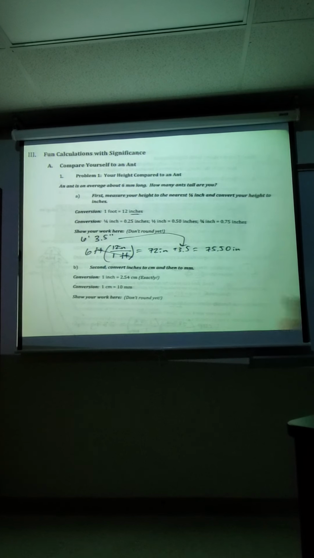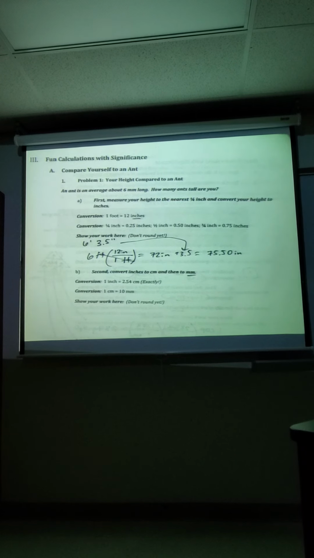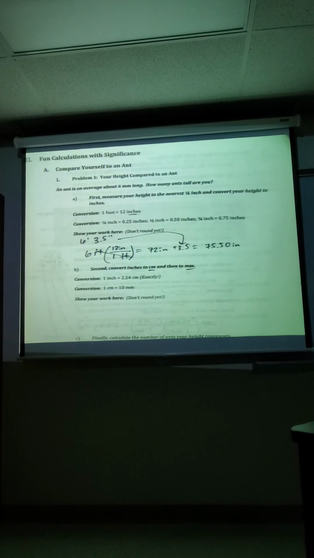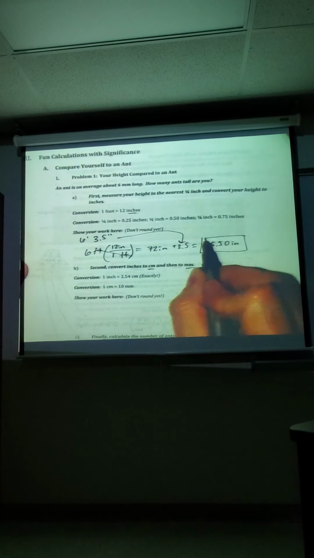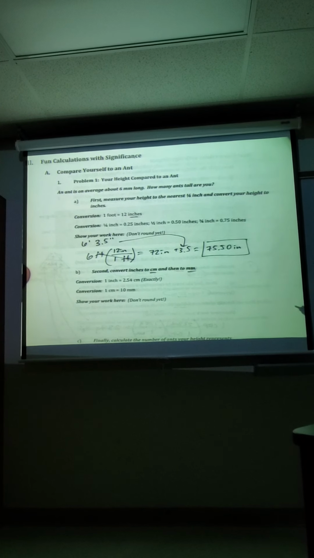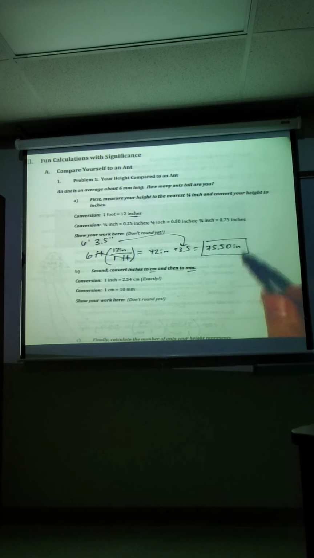Because we're measuring ants in millimeters, we need to convert our inches height to millimeters. The only way to do that is to go through centimeters. So that's going to be a multi-step conversion process. So we're going to take this number. We're not going to worry about significant figures yet because it really only matters in the answer. Just like in all math classes, you don't want to round too early and too often. So we're going to bring this number down,